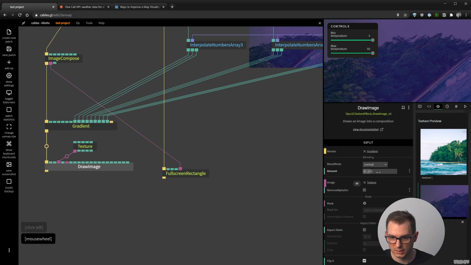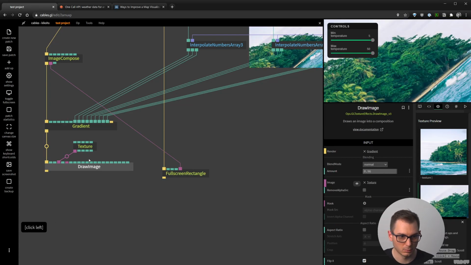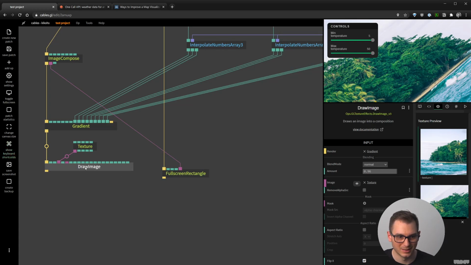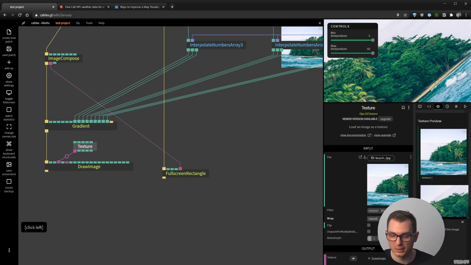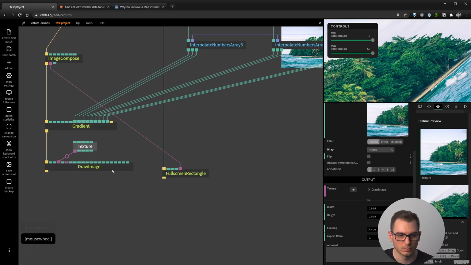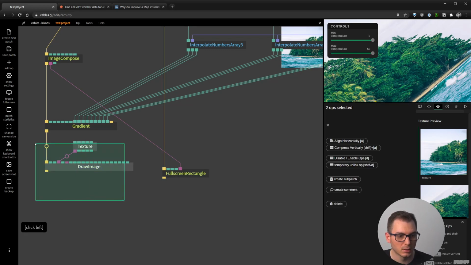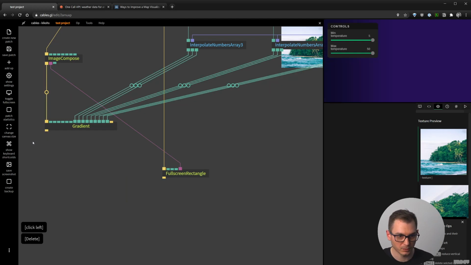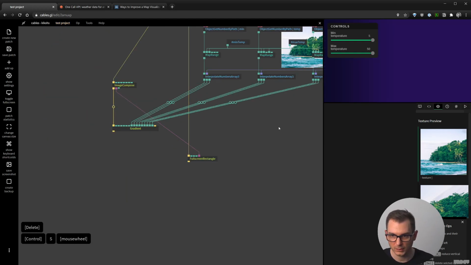This has nothing to do with our gradient. Just wanted to show that now the texture is being repeated. I can just go nearest, and it's going to be more defined. It depends on the size of the texture and the size of the screen, but we don't really need this for our project now. So if I remove it, we have a gradient,